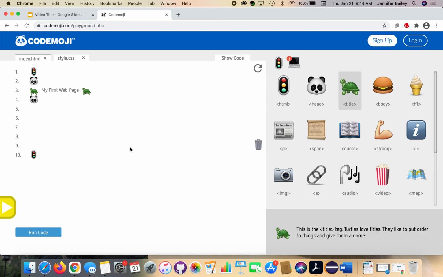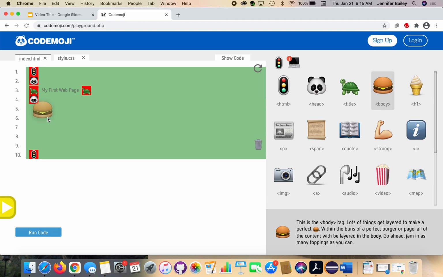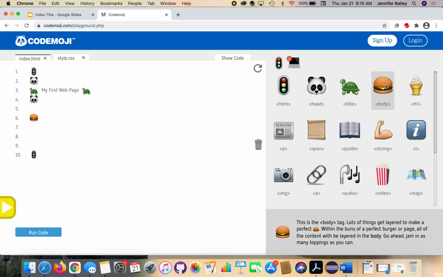The next section we're going to work on is the body. So the body tag is represented by the hamburger. And this is where all of our elements that we want to be seen go. Now there will be sometimes as you get more advanced in web design where there's things that aren't visible go in the body, but for the most part, everything you put in the body is going to be visible to the viewer of the page. So we're going to click one body and place it under the second panda head, and then get a second hamburger and place it above the last traffic light. So we've created our body section,